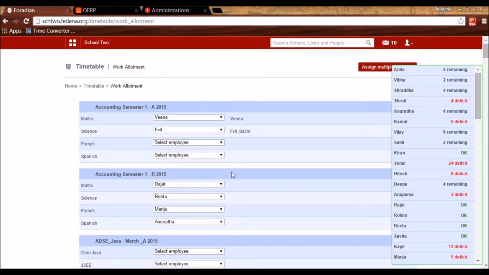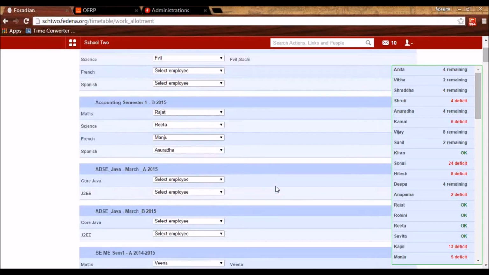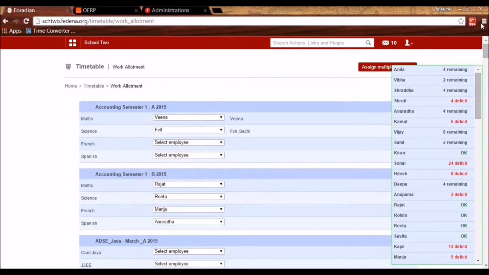These are all the employees that I have. So this is also another way to do employee subject association. On the right hand side, what you see is as per the grade and the subjects that you assign from here to the employee. OK means the employee is taking the right number of subjects, right number of classes as per his grade.